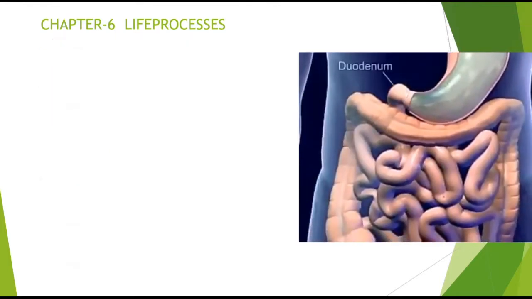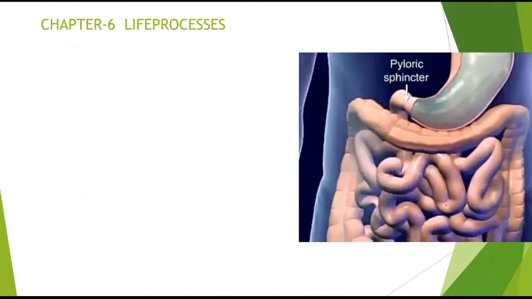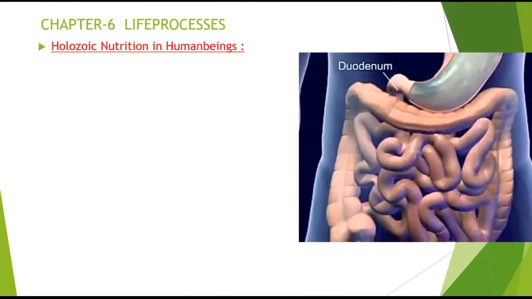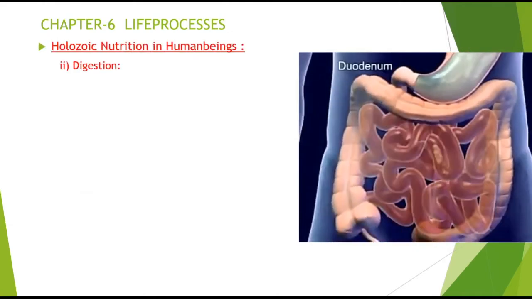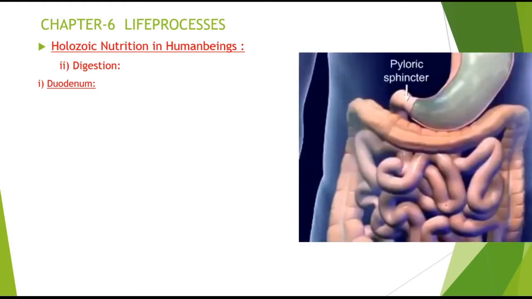The partially digested food from the stomach enters into the small intestine. The small intestine is divided into three parts: duodenum, jejunum, and ileum, as I told earlier. So when the food enters the duodenum, here the